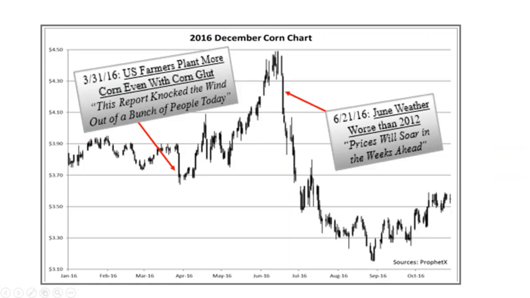Take, for instance, the 2016 corn market. In the spring, farmers were expecting to plant more corn acres than in the previous 4 years, and there was already an increasing supply. So we saw a sharp sell-off right after the March acreage report. But when the weather turned hot and news headlines started to talk of another drought, prices started to move back higher. But eventually the weather improved and the market sold off, and we found that at harvest, we had a record crop, but then that pushed prices further than they needed to go.